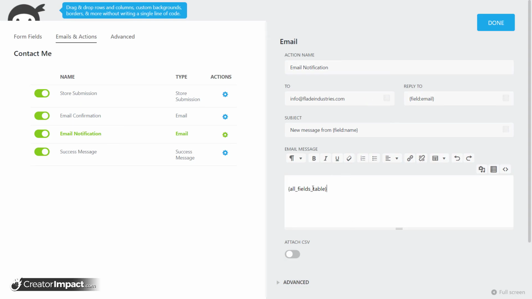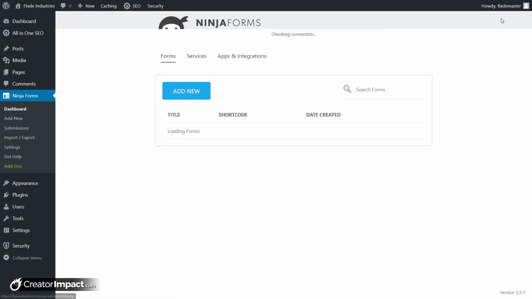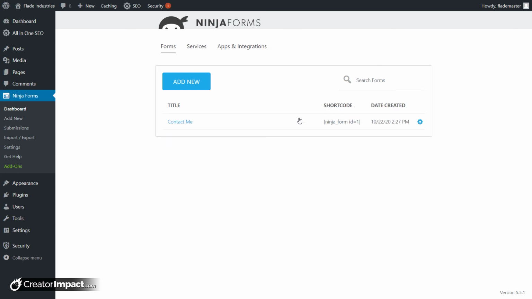And I'm actually pretty happy with that form now. I click done, I publish, and publish just saves the form. The form is actually already published. I then click the X, and I've added a phone number to the form, I've changed the email address, and I've just made sure that all of the fields are present in the email. If I want to check submissions, I can click this cog and go view submissions, and that's all from the Ninja Forms dashboard. The other thing I'm going to show you, I'm going to go under settings here,